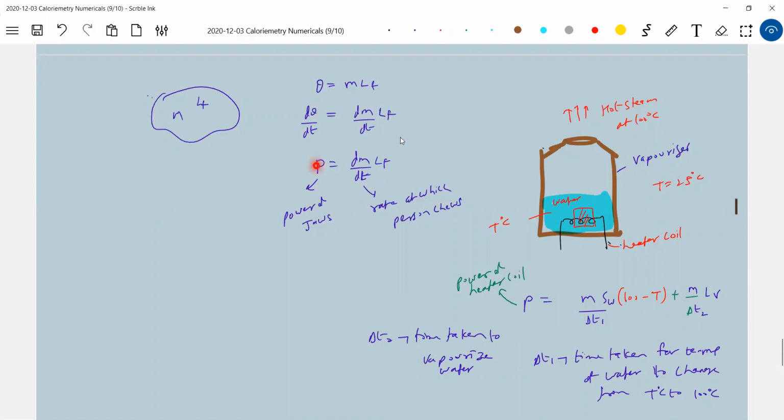You do get questions in books of this kind, so you should be ready for questions of this kind also. In advance, they may ask: there's a vaporizer, and what is the power required to melt the ice in a certain interval? So you write the interval, dm by dt, and convert this. You may break up the question like 10 grams, taking 5 seconds, latent heat of fusion. Then what is the power? Please do practice different types of numericals.